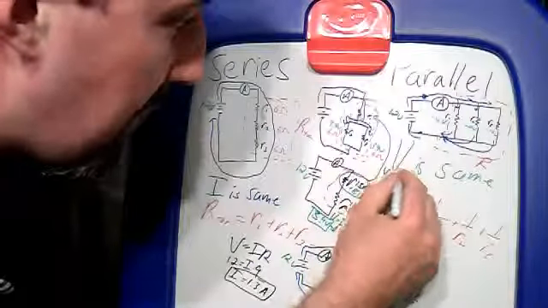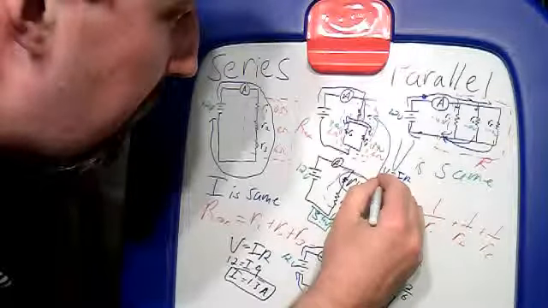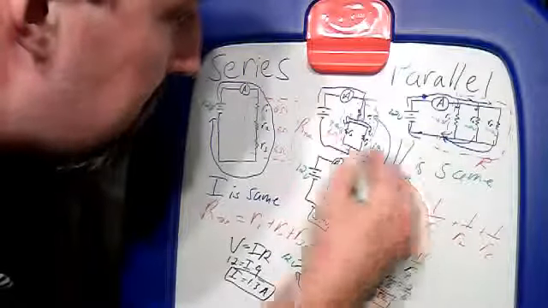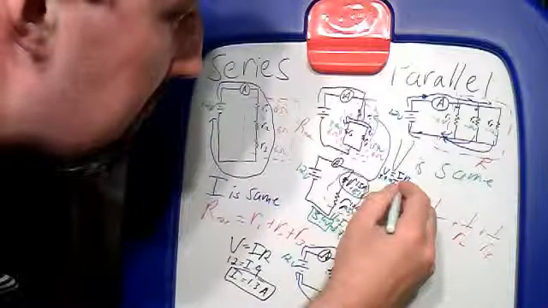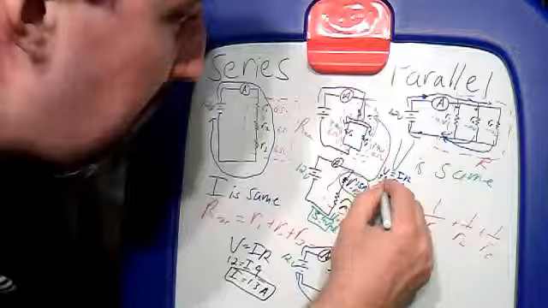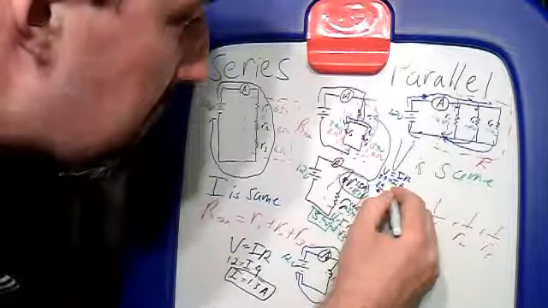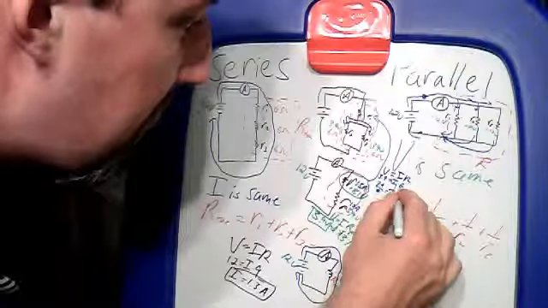V equals IR, and we got a voltage drop of 3.9 equals current times 6 ohms. So our current is going to be 3.9 over 6 equals I,